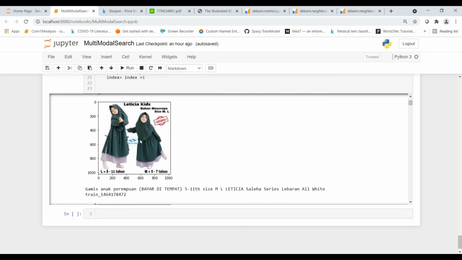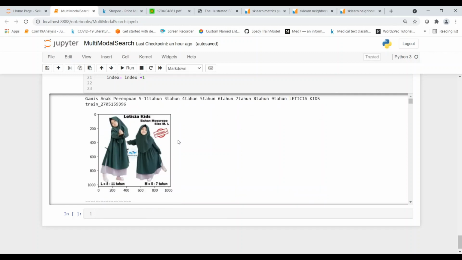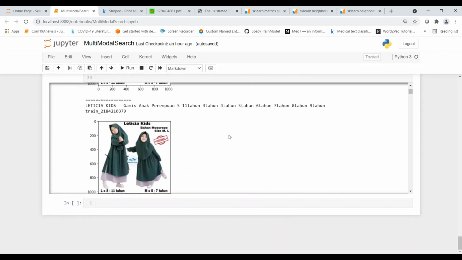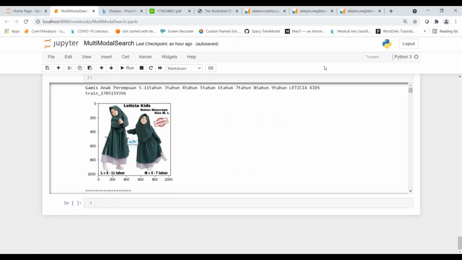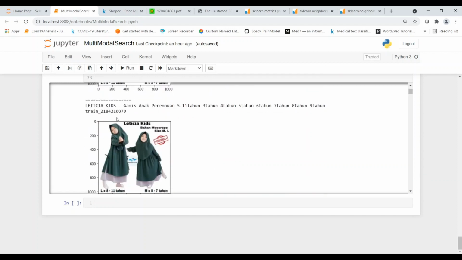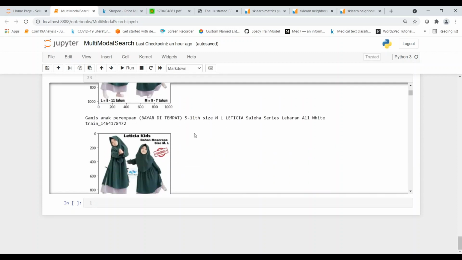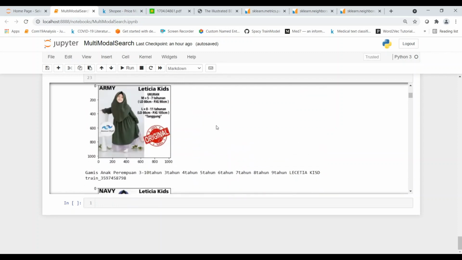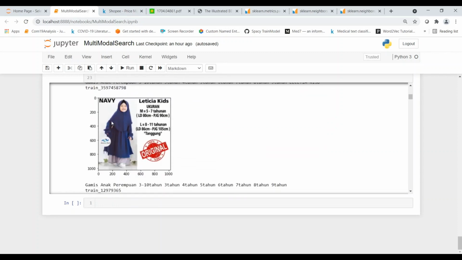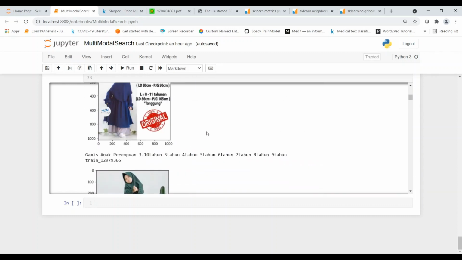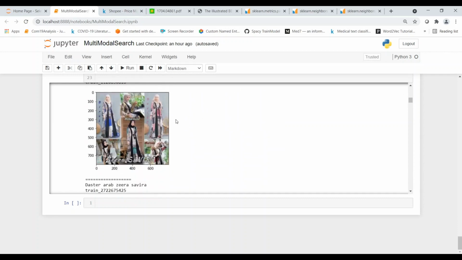These are the similar ones. This cannot be itself, right? Because this is the test image and this is the train, which is a totally different, unseen image. So you are getting a similar thing in our train data, but the description is slightly different, if you see. Here Letitia Kids comes at the end, whereas here it comes at the beginning of the text description. Here is another one which is almost the same as our input, and another similar one, but the color is slightly different. You can see slight differences in these images, but they are the same product. So it's done quite a good job. But here is a false positive.